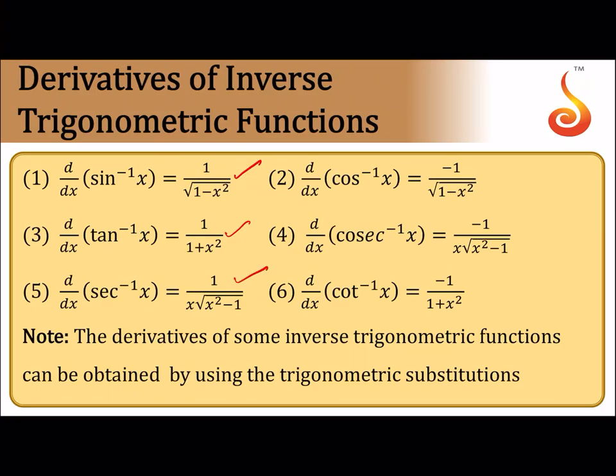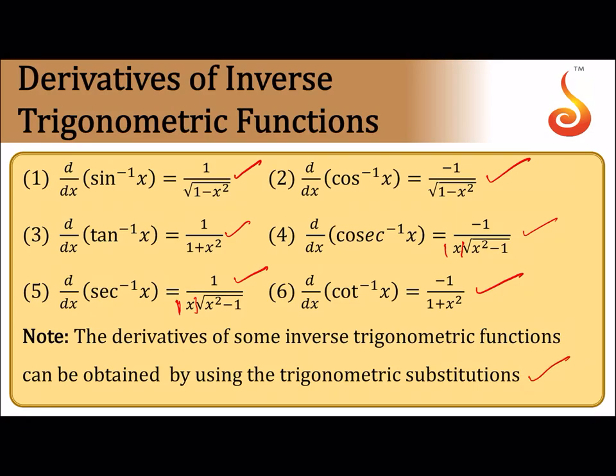Next, derivative of sin inverse x is 1 by under root of 1 minus x square. These formulas are very important because the inverse will be the integration. So integration of dx by root 1 minus x square is sin inverse x. Derivative of tan inverse x is 1 by 1 plus x square. Derivative of secant inverse x is 1 by x into under root of x square minus 1. Actually it is modulus x, because slope is always positive.